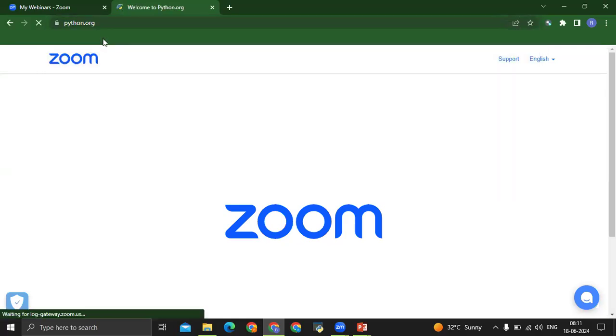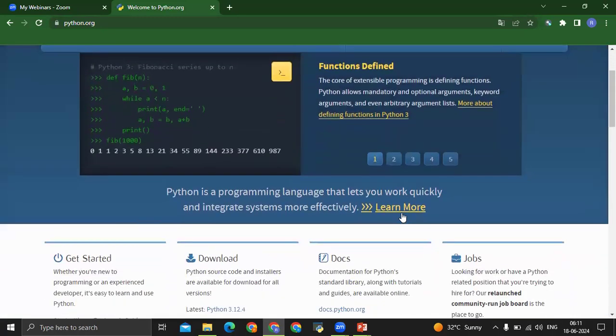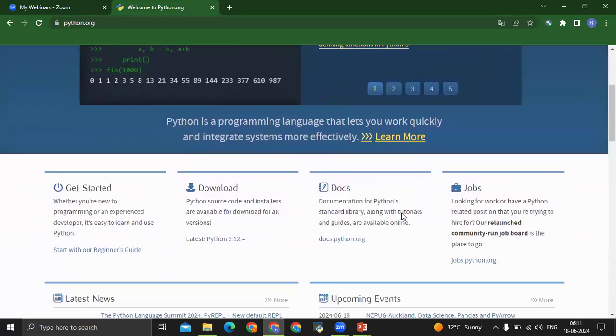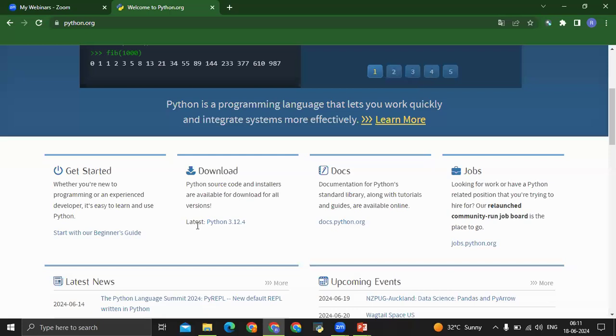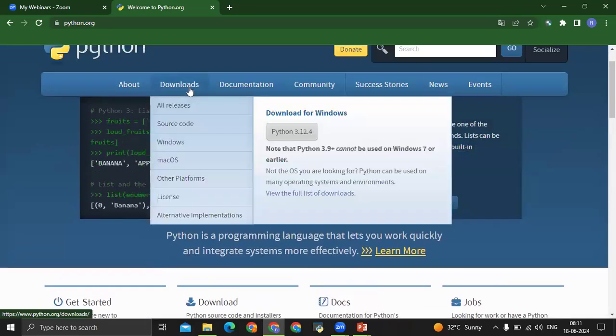Just click on the link. You'll be able to see the screen like this, right? Here, the latest version is Python 3.12.4. So let's go ahead and download it.